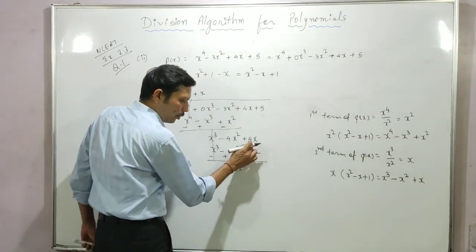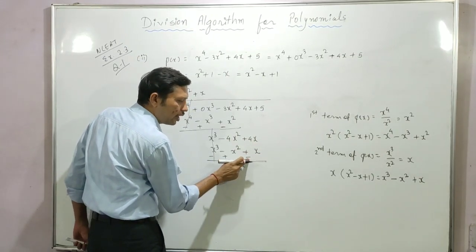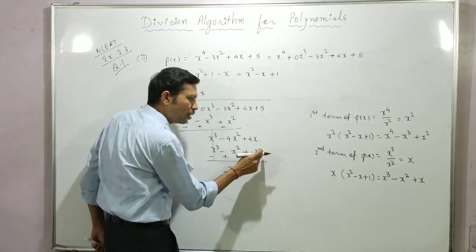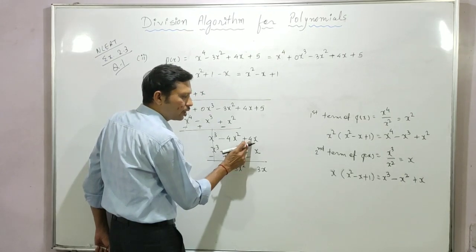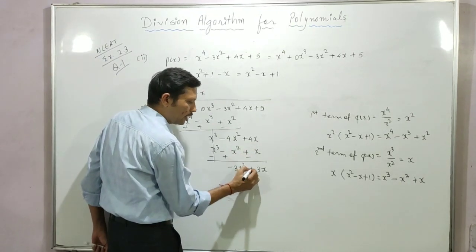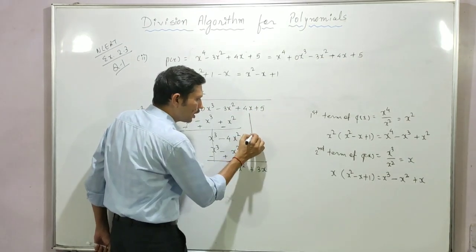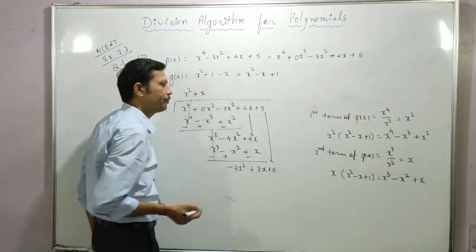Now 4x, and the x. Again both are like terms, but this one is positive and this one is negative. So different signs, so we have to subtract. So from the 4x I will subtract 1x. So what is left? 3x. And the sign of the greater term, that is the 4x, so the sign is plus. Now one term left, 5, that we should carry here. Here we carried 4x, and now we will carry here plus 5.